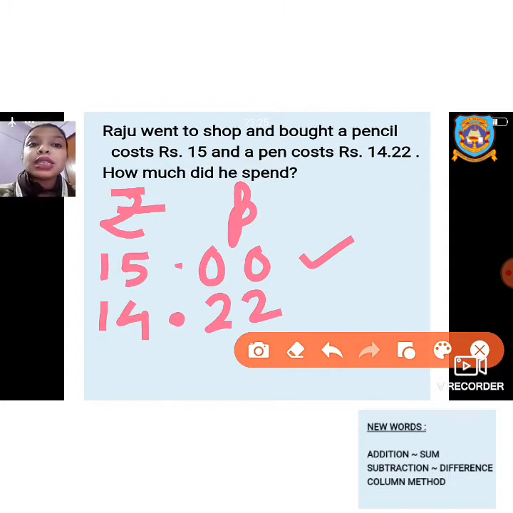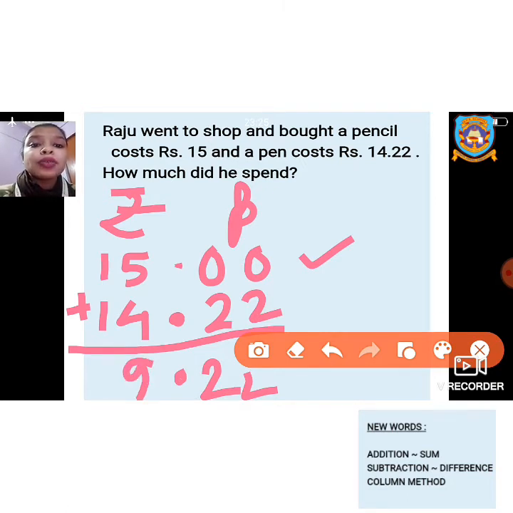Now how much did he spend? The mathematical operation to be followed is addition, that means we have to find a sum. So 2 plus 0, 2. Again 2 plus 0, 2. Then the decimal point which separates the rupee and the paise. Then 5 plus 4 is 9 and 1 plus 1, 2. So he spent 29 rupees and 22 paise. So you give the rupee sign here. This unit is very important if we are doing calculation of money. If we put the rupee sign, then only we will know that it is a value of money.